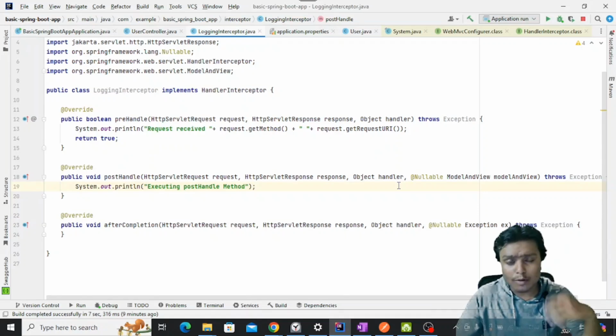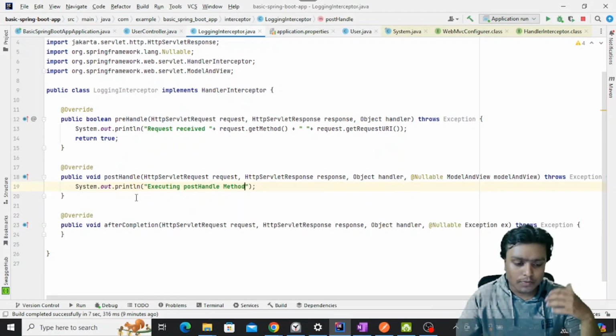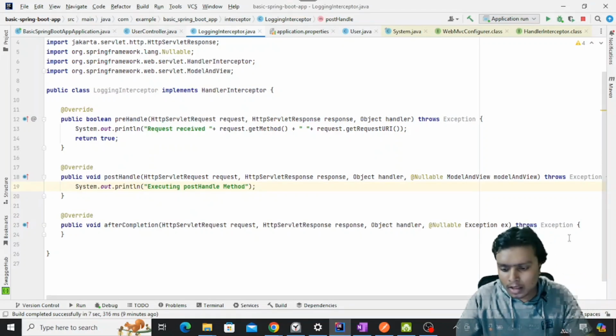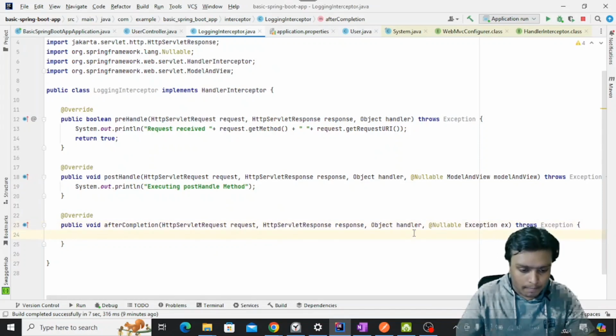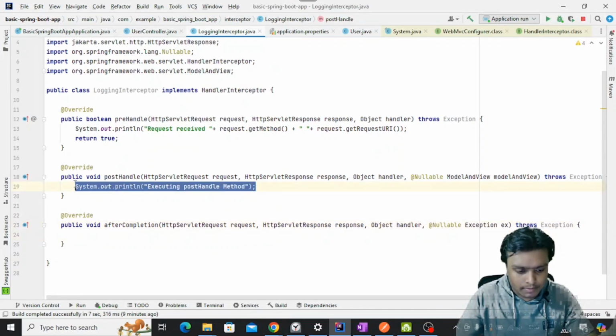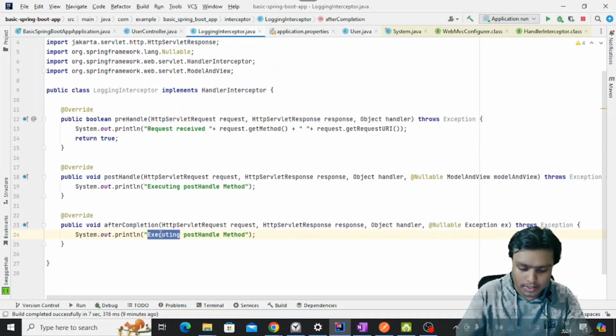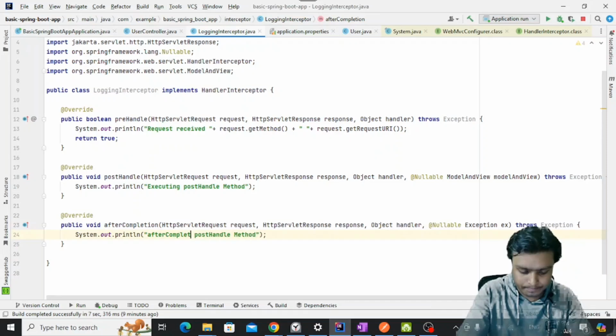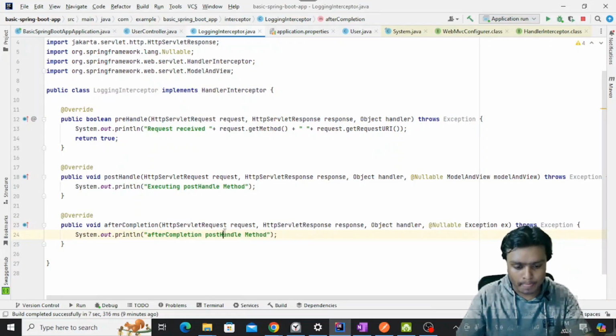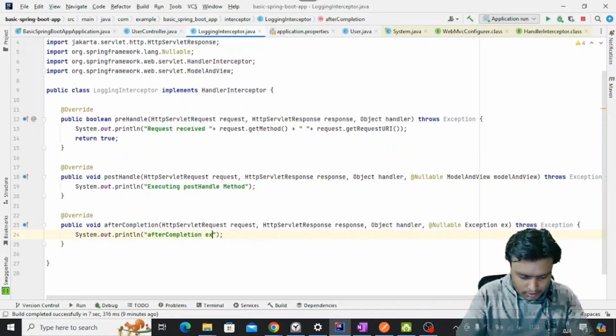We will try to understand its use cases and implement something with the help of these methods in further sessions, but just for demonstration, let's keep this example very simple so that you can easily understand it. And at the last, let's add a print statement saying something like this: afterCompletion execution started.